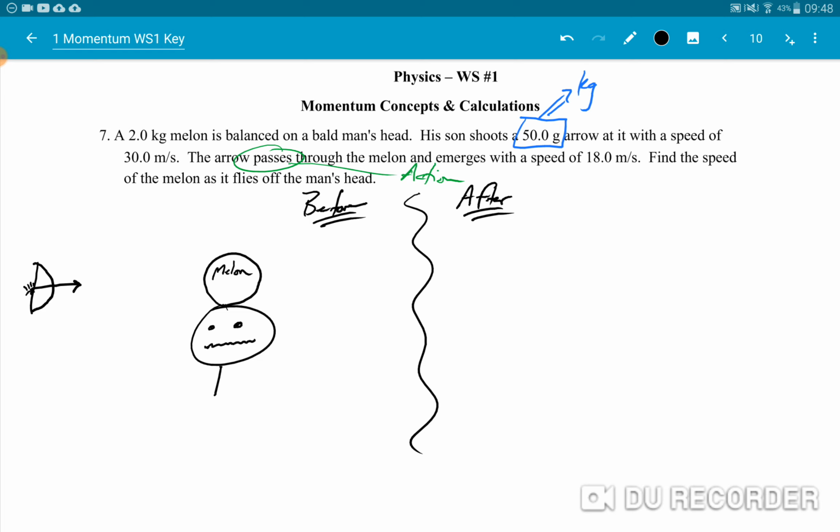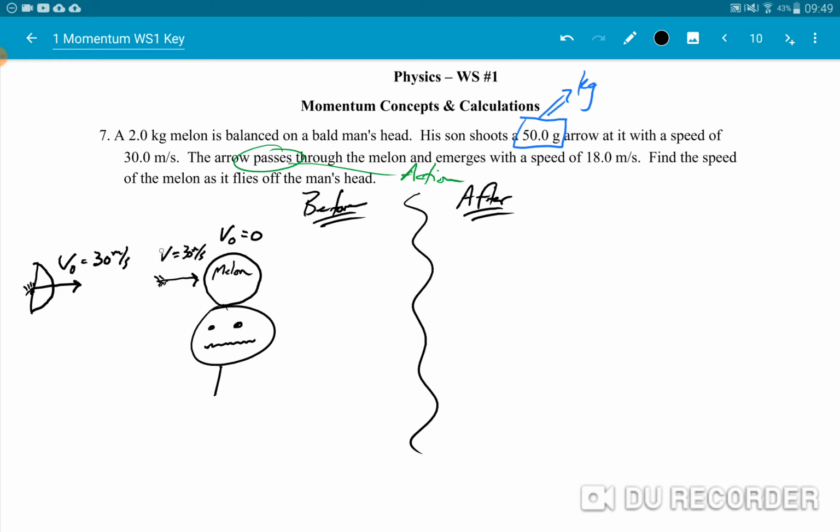Okay. So arrow shot. So the velocity of the arrow at the beginning is 30 meters per second. We know that the velocity of this melon here is 0. And since we're looking at the before and after of the arrow passing through there, we actually have to make a little approximation here, and say that the arrow just before it goes through the melon is going at 30